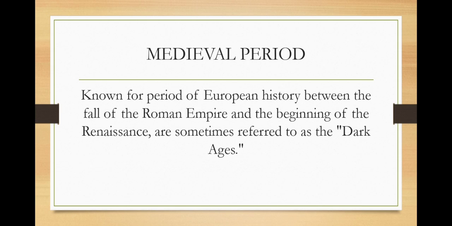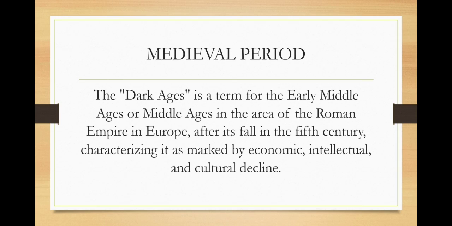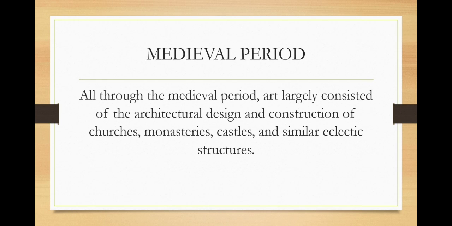The medieval period is known as the period of European history between the fall of the Roman Empire and the beginning of the Renaissance, and is sometimes referred to as the Dark Ages. The Dark Ages is a term for the early Middle Ages in the area of the Roman Empire in Europe after its fall in the 5th century, characterized as marked by economic, intellectual, and cultural decline. All through the medieval period, art largely consisted of the architectural designs and construction of churches, monasteries, castles, and